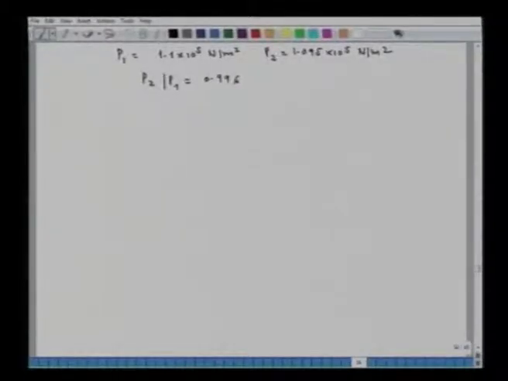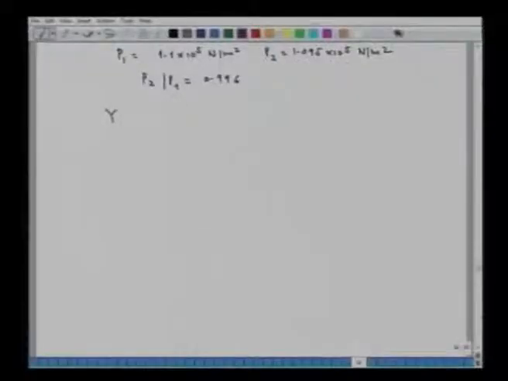Well, I leave this exercise of substituting the various parameters involved in the calculation of y, and I straight away write down that the value of y that we are getting is approximately equal to 1, and hence the assumption is verified.